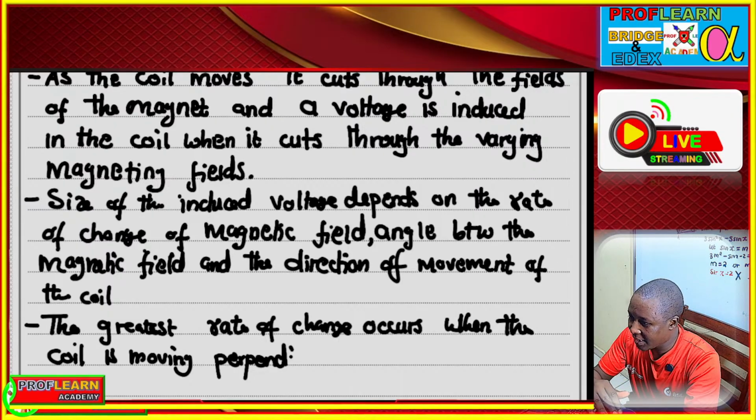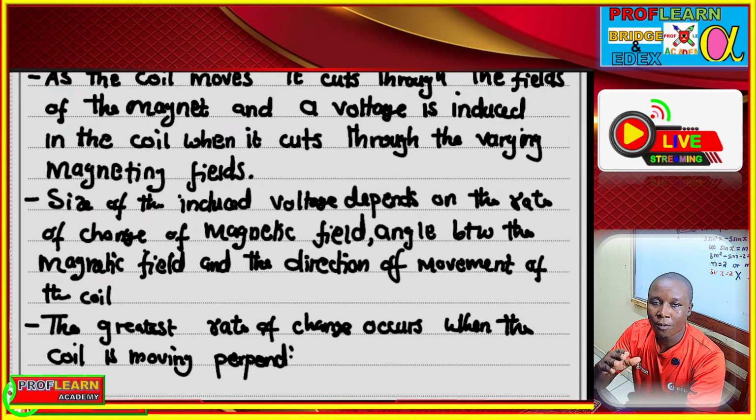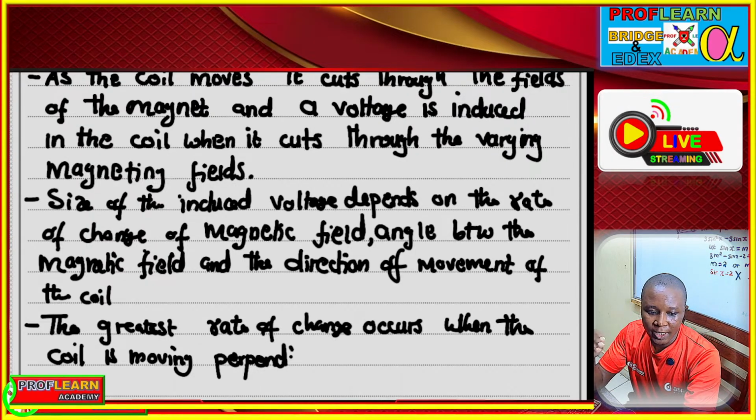If you are writing down how a generator works: as the coil moves, it cuts through the fields of the permanent magnet, and a voltage is induced in the coil when it cuts through the varying magnetic fields. So the amount of EMF induced depends on